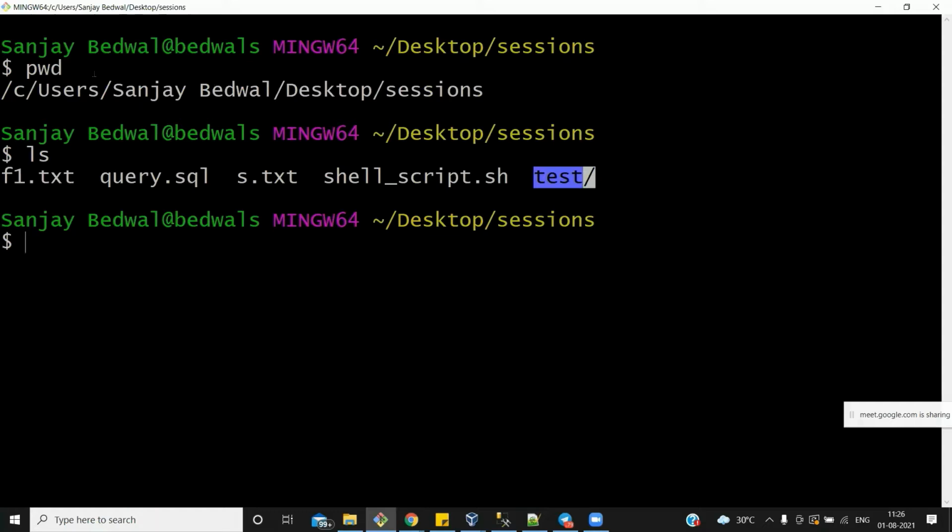This Git Bash has a functionality where it highlights directories in blue color. You will see this kind of color mechanism in Linux. Multiple Linux providers will give you different color mechanisms. The one I am using highlights directories in blue color. But let's say it does not highlight in a different color, then how will I get to know which of these are files and which are directories?